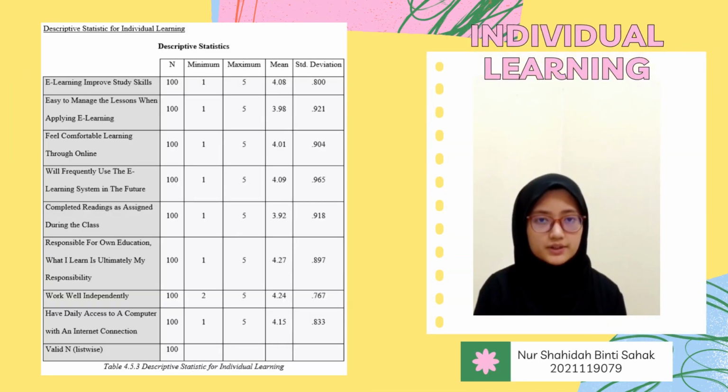For individual learning, based on the mean score, the results show that 2 of the 8 questions are ones students are not sure of, with a mean rate ranging from 3.92 to 3.95. In addition, the majority of the students agree with the 6 remaining questions, with the question on being responsible for one's own education, what I learn is ultimately my responsibility, getting the highest mean rate